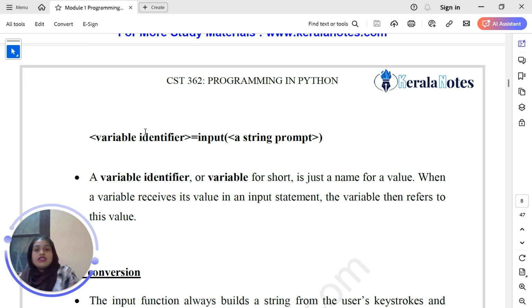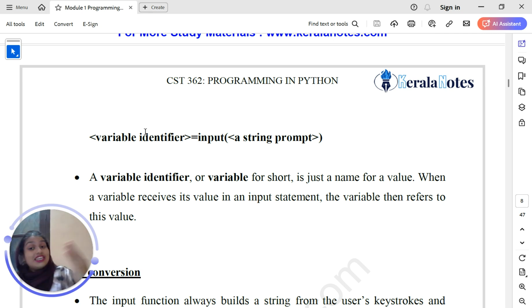What is the assignment operator? In LHS equal to RHS, the equal to is the assignment operator, and the value of RHS is stored inside LHS. That is what the assignment operator means.